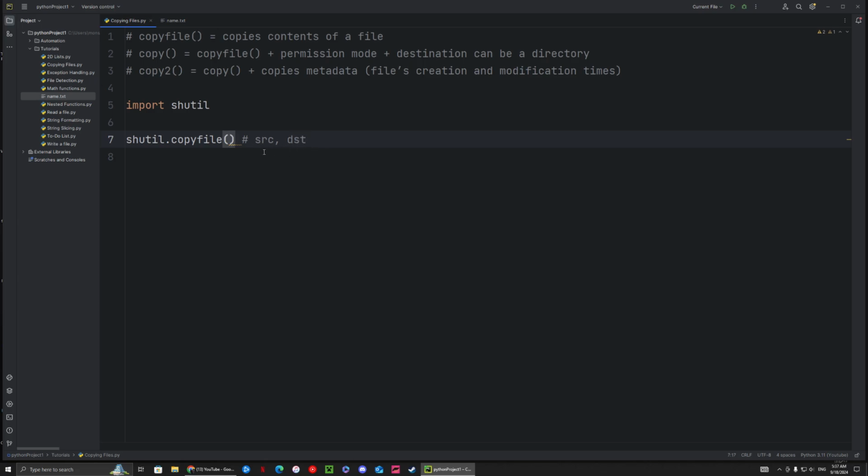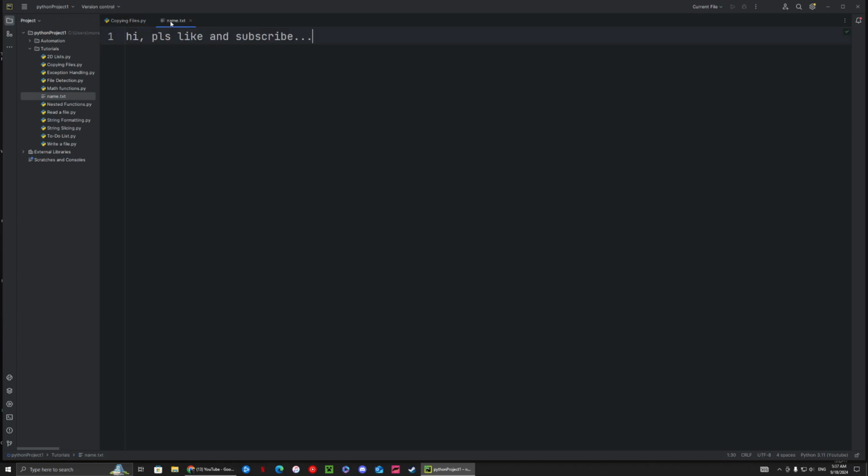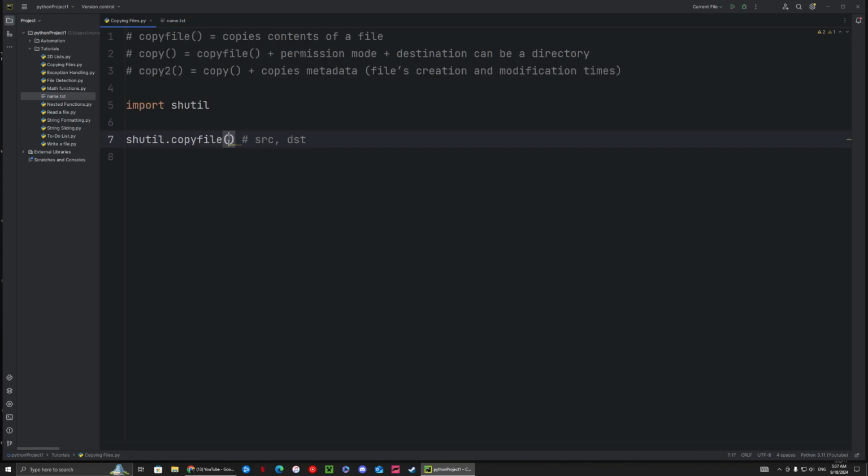Cool. So what's the source? The source is this right here. We have this text file in our project folder, and it's name.txt. It says, hi, please like and subscribe. So we're gonna say name.txt. So that's the first argument, and the second argument we're gonna name the new text file that we want to use, which is, let's say,